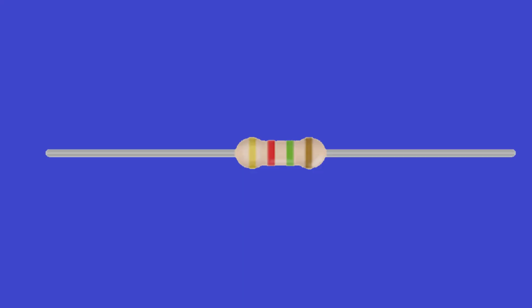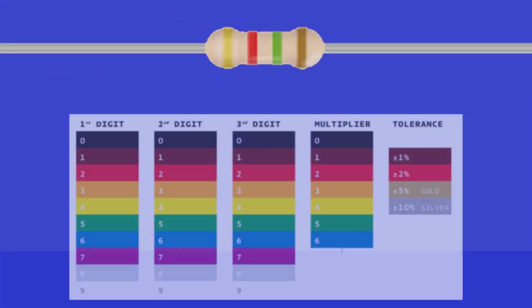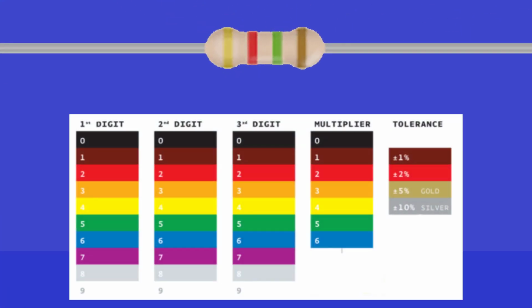Okay, now let's take what we learned theoretically and apply it to the practical. Let's talk about resistors. This is what a real resistor looks like. We can see that our resistor has 4 colored bands on it. These bands correspond to a color code table that allows us to determine the value of the resistor in scientific notation. To give you a good example, we will use our color code chart to determine the value of our